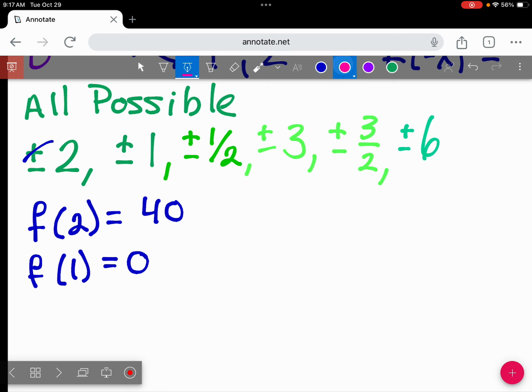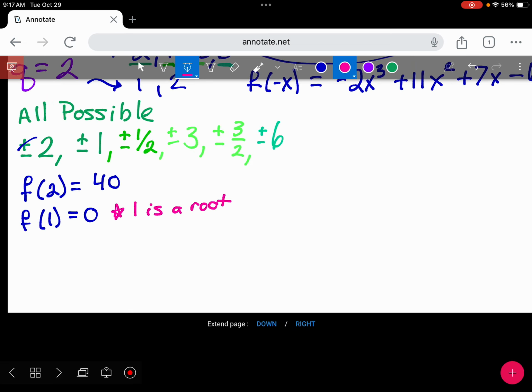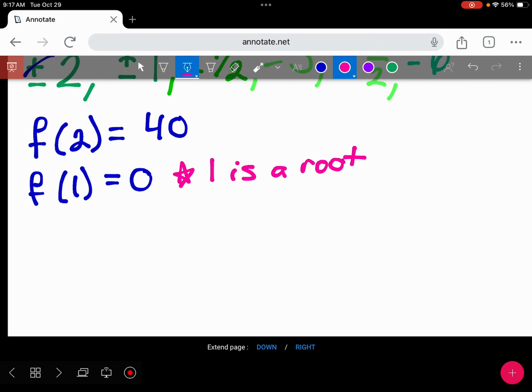We found a root. So 1 is a root. So what we're going to do now is divide that root out to see what we have left over. So I'm going to take my f of x, and we're going to divide out our root of 1. I usually use synthetic division for this because it's way easier and there's a lot less work than